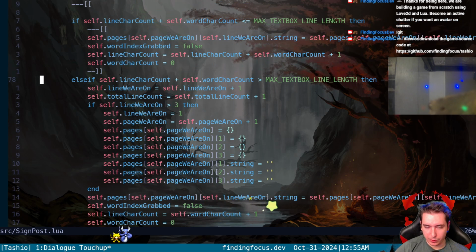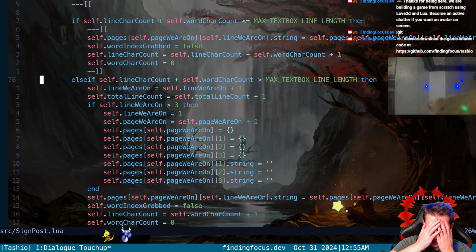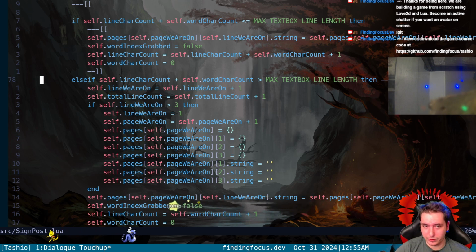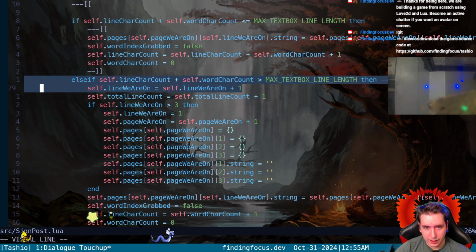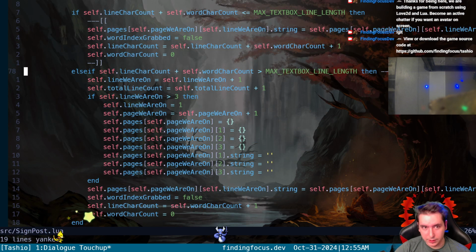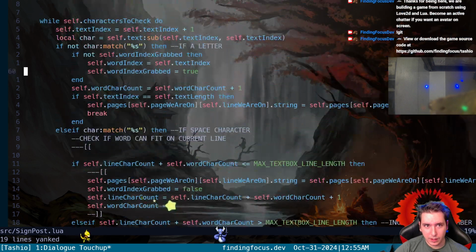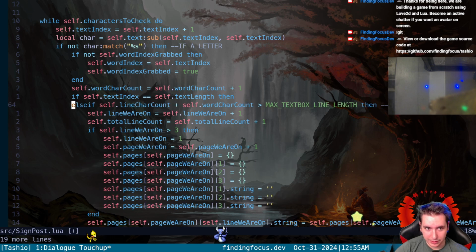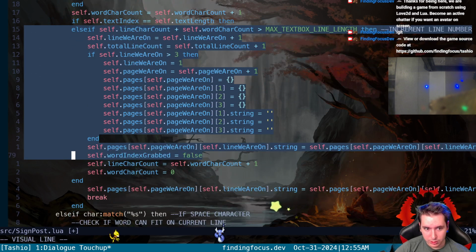Increment line number. We would also need to check if the line number is greater than 3 to add it to the next line also. So that I don't like that. But essentially, we just need this. And then we can say, if the text index is equal to the text length, then we're going to check